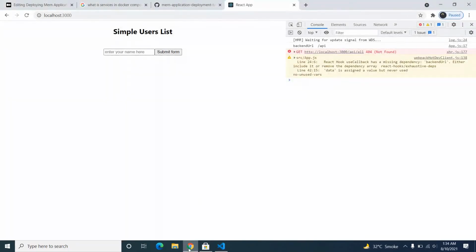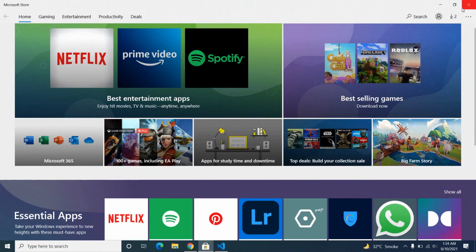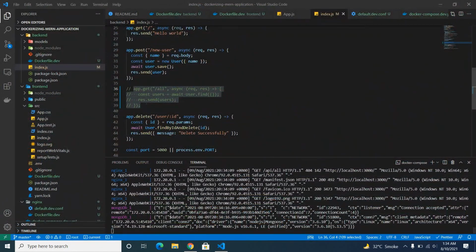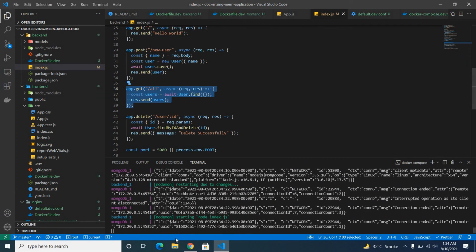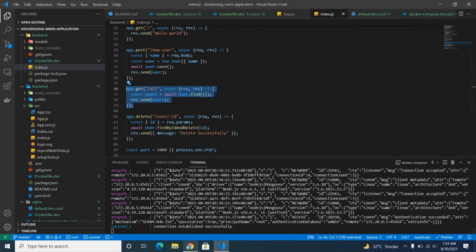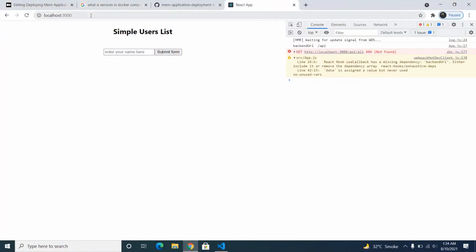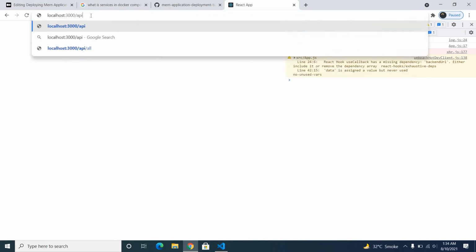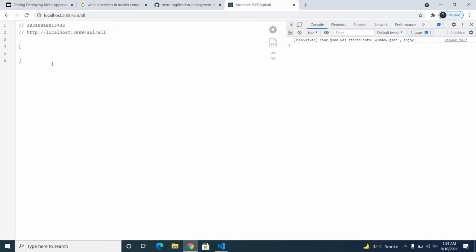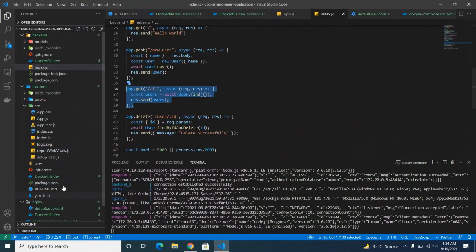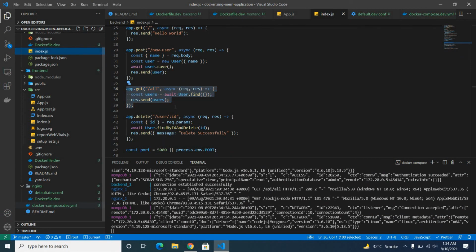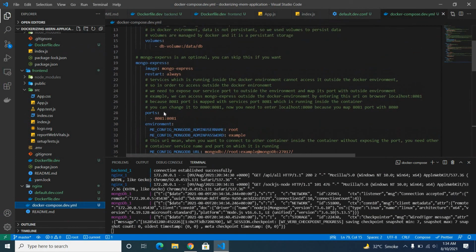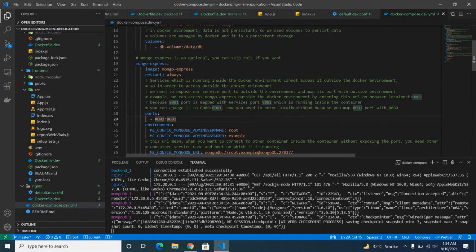Oh, sorry, but now our backend will run again, and then you can check API slash off. You can check that no user is present. You can also see Mongo Express. Mongo Express is listening on port 8081.